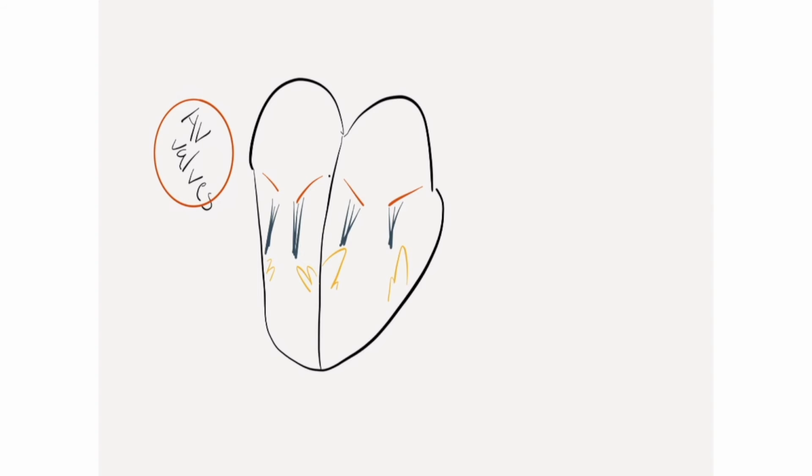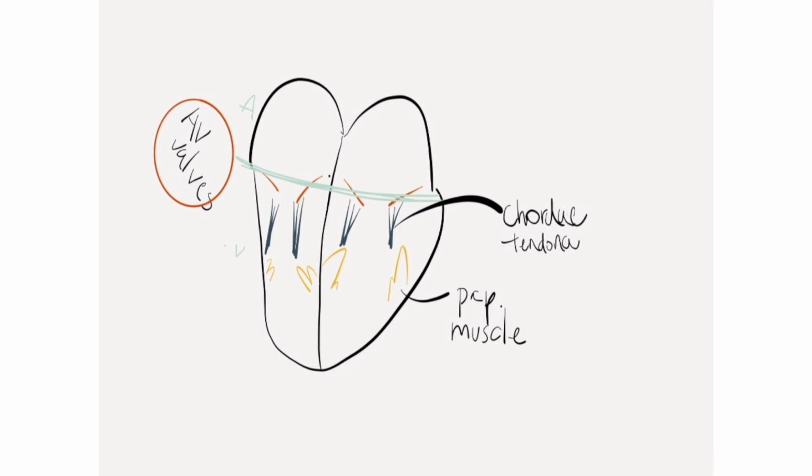Starting with the AV valves. Here's the cross-section of our heart again, and the atrioventricular valves' function is to provide extra support and valve tethering with the chordae tendineae and papillary muscles. The AV valves on the right and left side of the heart function to withstand full ventricular systolic pressure without regurgitation. They do that through anchoring by the chordae tendineae, which is attached to